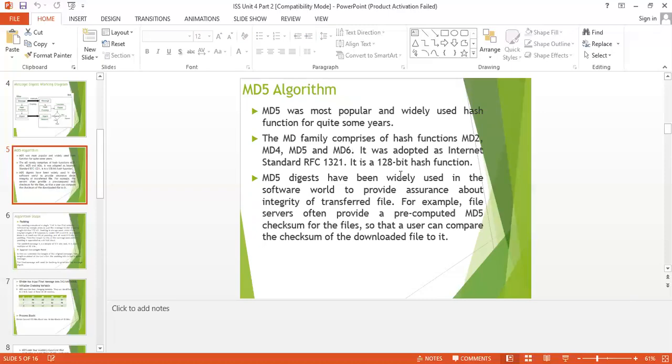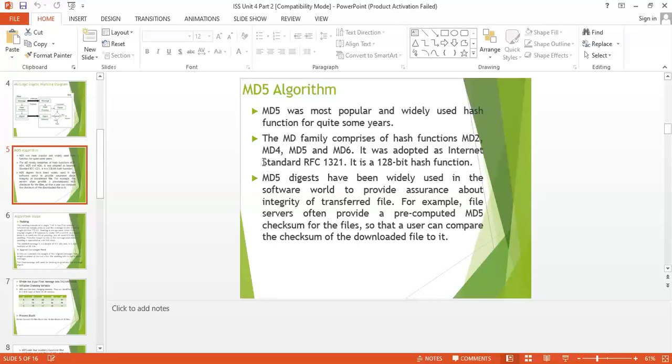It was adopted as Internet Standard RFC 1321. It is a 128-bit hash function. MD5 digests have been widely used in the software world to provide assurance of the integrity of transferred files. For example, servers often provide a pre-computed MD5 checksum for the file so that a user can compare the checksum of the downloaded file to it.